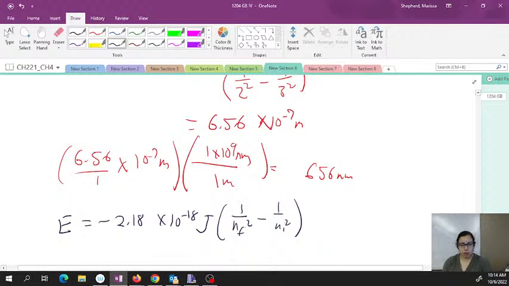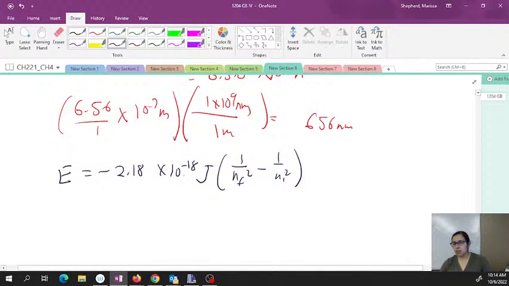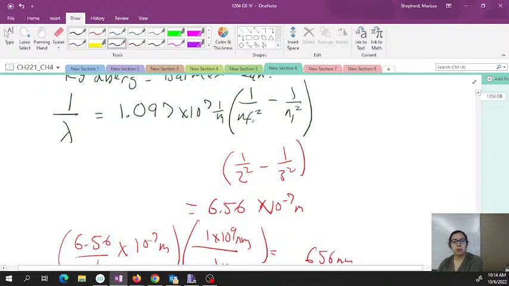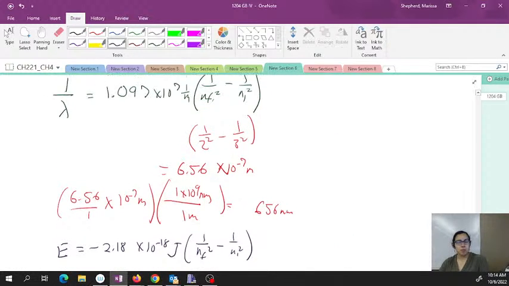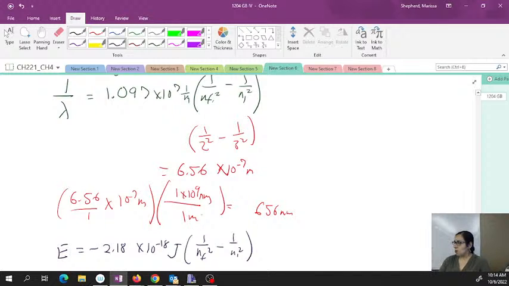And again, it should be a relaxation, but just watch what the question's asking and watch your sign as well. The only thing that flipping the final and initial would do is just swap your sign. And so if you see one of those problems asking you to calculate either energy or wavelength from the difference in energy levels, you can use either one of these forms of that equation.